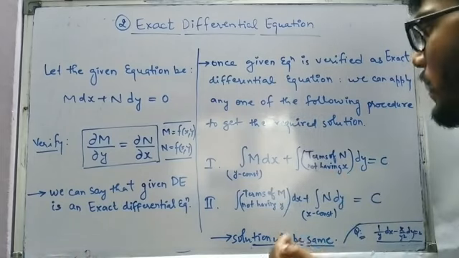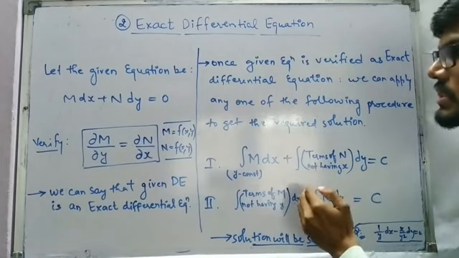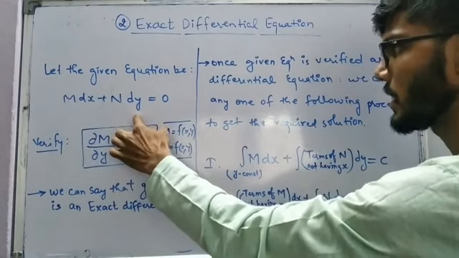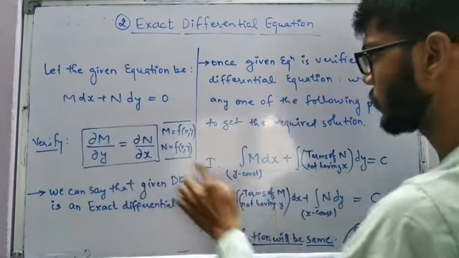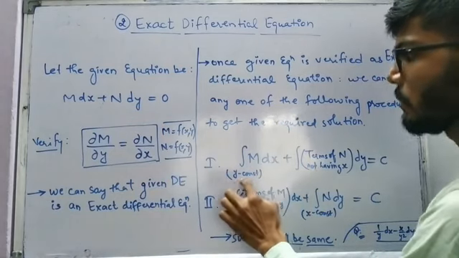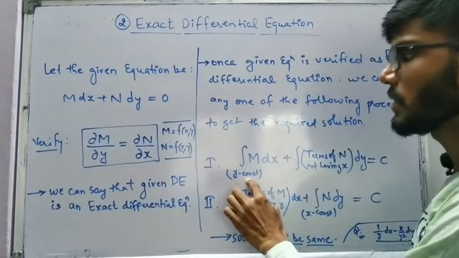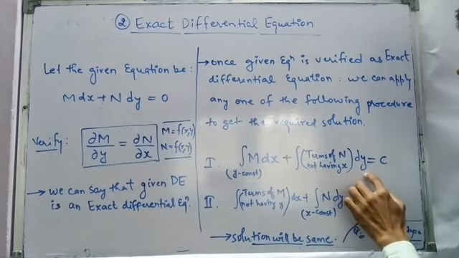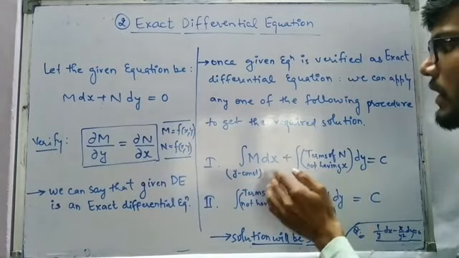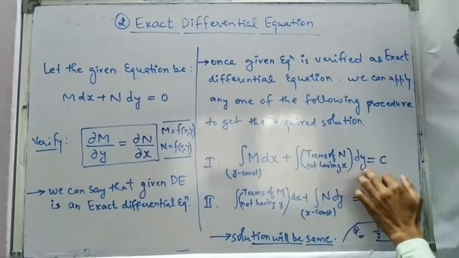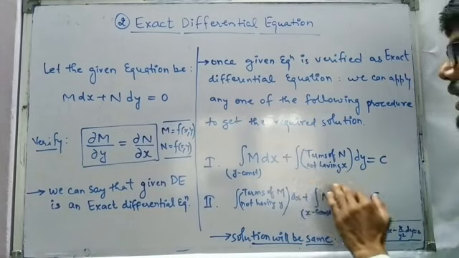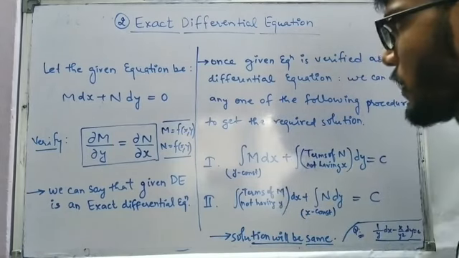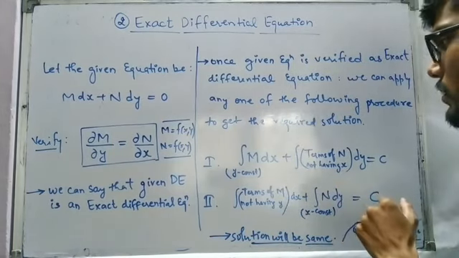The simple trick to remember this step is that M has dx in multiplication, N has dy in multiplication. So M we have to integrate with respect to x only, but we have to keep y constant, whereas N also we have to integrate with respect to y only, but in this case we have to neglect all the terms which have x because we are integrating with respect to y. That kind of simple strategy you have to fit in your mind to make use of this particular step.